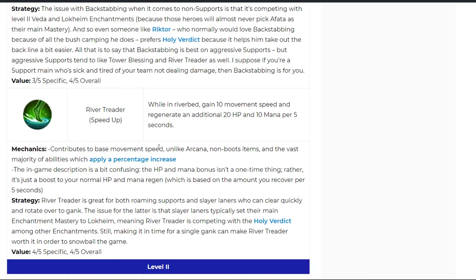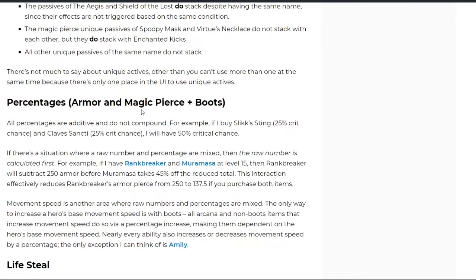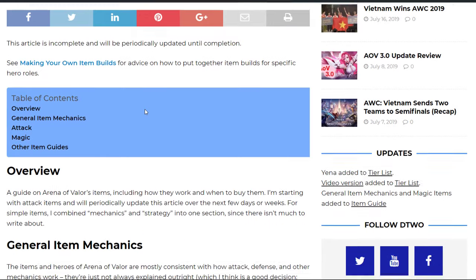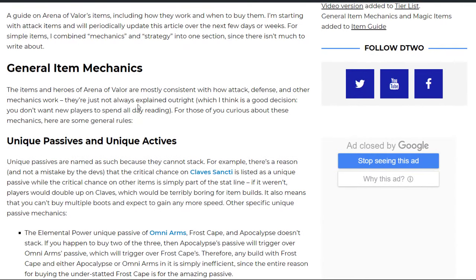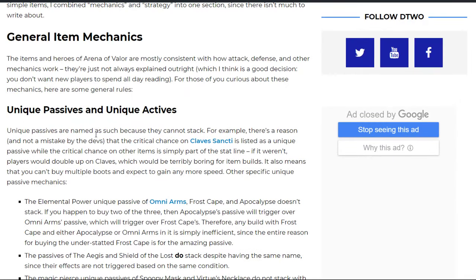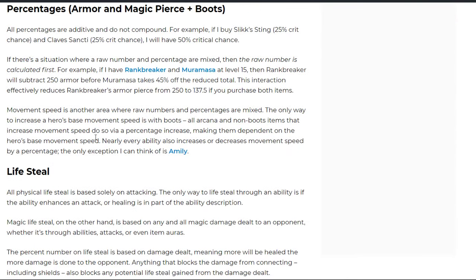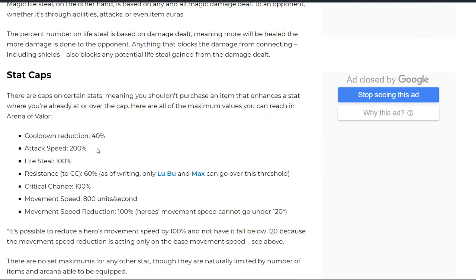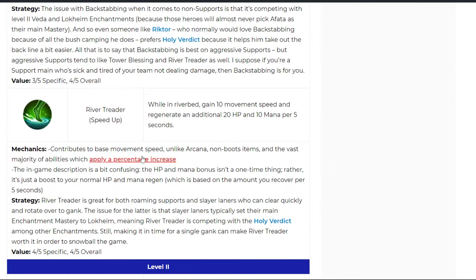Oh, I forgot to mention, if you're confused about how percentages and stuff like that works, I linked my item guide a billion times in this, but basically go to my item guide. This is my perpetually incomplete item guide. I've only gone through 2 categories so far, attack and magic. But the first part of the item guide is worth reading just by itself, because I explain all these things, like how percentages work, how life steal works, how all the stat counts and stuff like that work. So even though it's incomplete, you should really go check my item guide if you're confused about things like that. And yeah, I linked to it a bunch of times here. The reason why I mentioned that is because